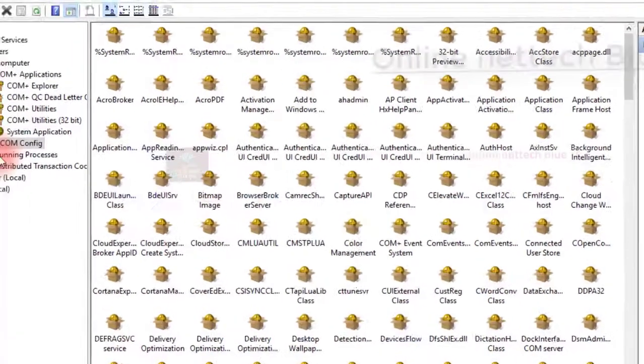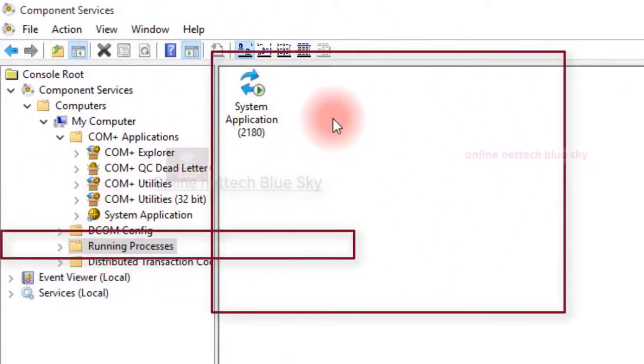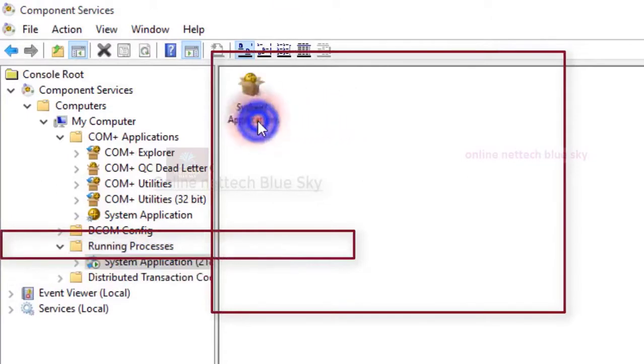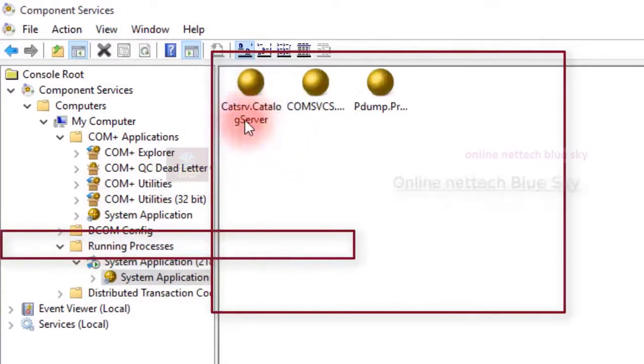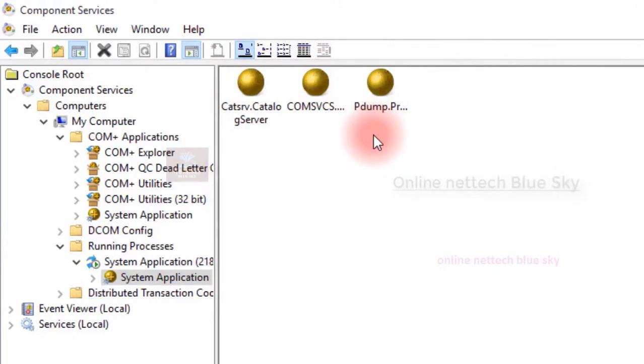And the second very important thing is Running Processes. What is a running process? System application, and you can see 2180. What is a system application? System application means your main computer applications here, just like Notepad, everything. Everything is built in, and these types of services are available in your main computer. And what is a main computer? Your computer means this is your main computer, not your server. I am just talking about only a private computer. Okay, so these types of services are available in private systems, in system applications.